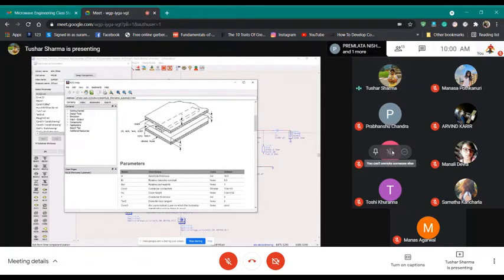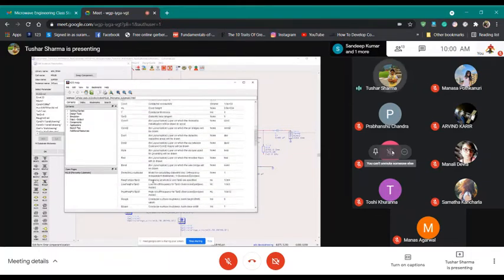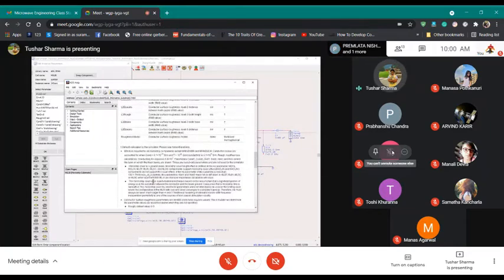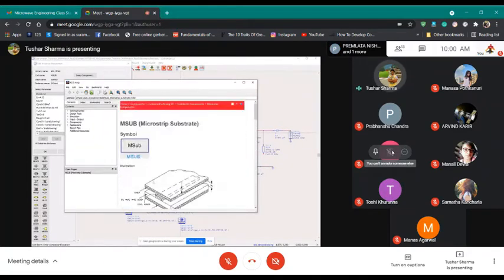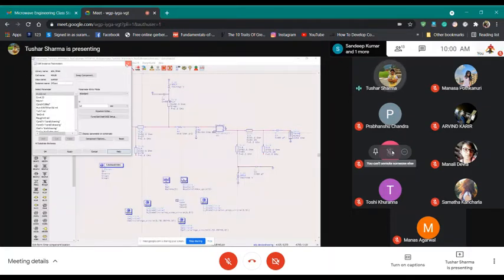And tan D is dielectric loss tangent, like how much loss an electromagnetic wave will have when it travels through the medium, and so on. Mainly we use the first 3 or 4 things to compute the line.